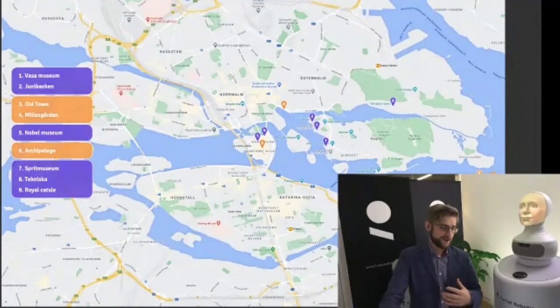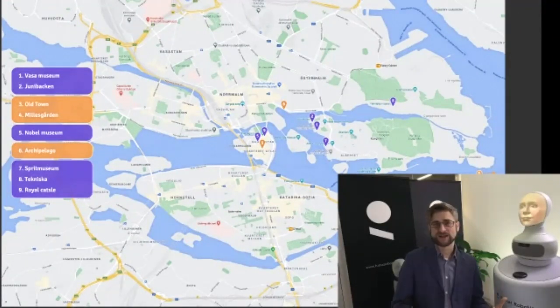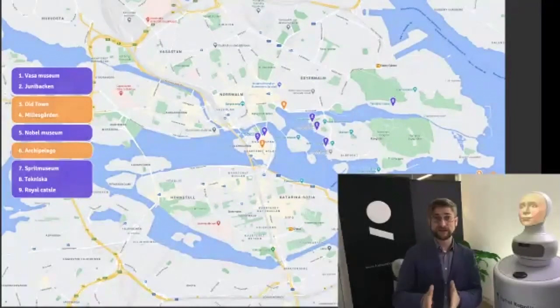So really, to deploy these kinds of robots, you need to create the kind of interaction that you want. And what are the needs that you're fulfilling? Is it more of entertainment and getting people excited and interested, or is it more of a usefulness, utility, giving information about how to get around town, how to buy tickets for the local buses and so on?